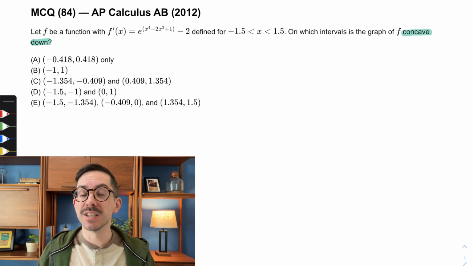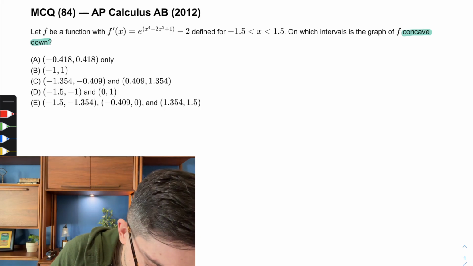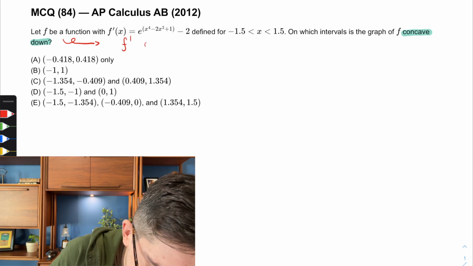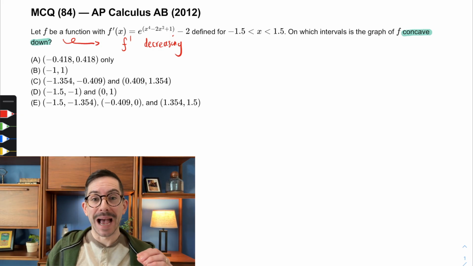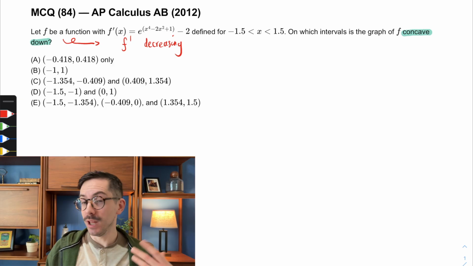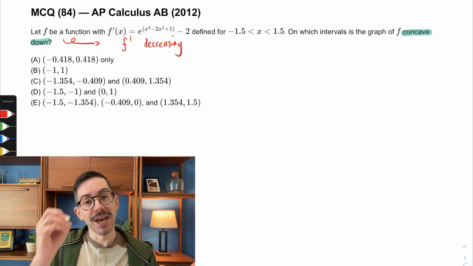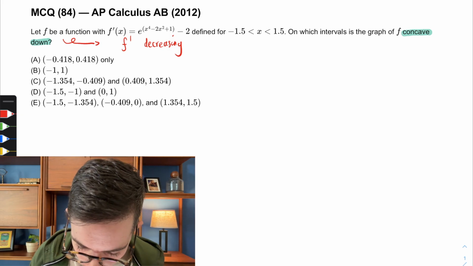Here in this problem, because I've been given something about f prime, I'm going to want to translate it into that form. So f being concave down tells me that f prime should be decreasing. That will detect that downward concavity of f for me. So all I have to do here is use my calculator to graph the rule for f prime and identify where it's decreasing. Simple. So let's pull up our calculator,